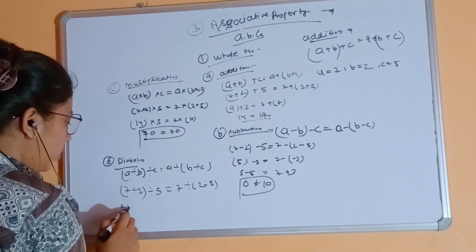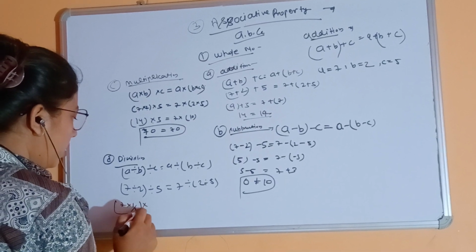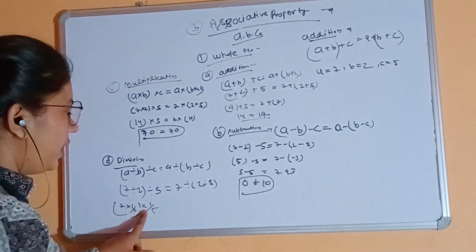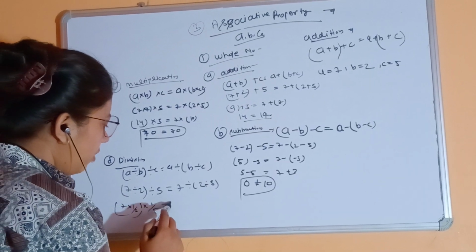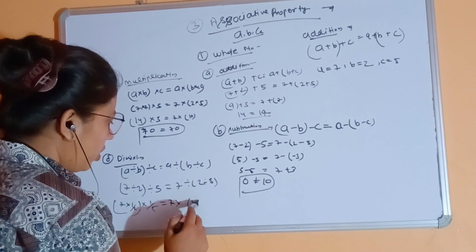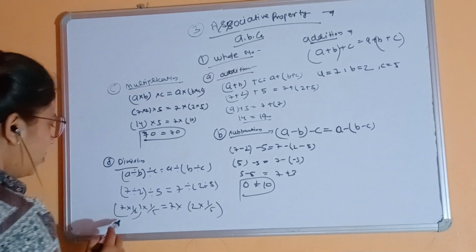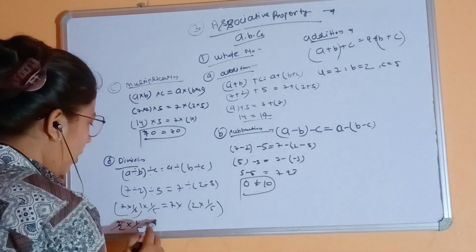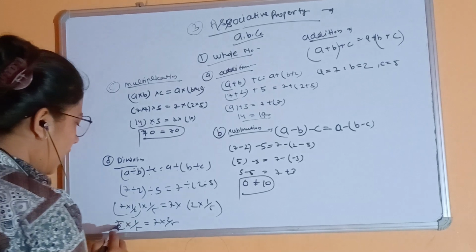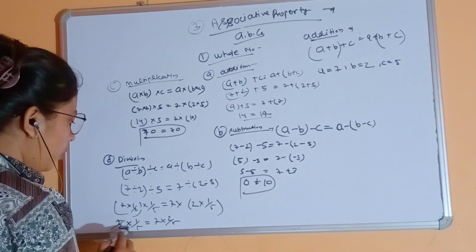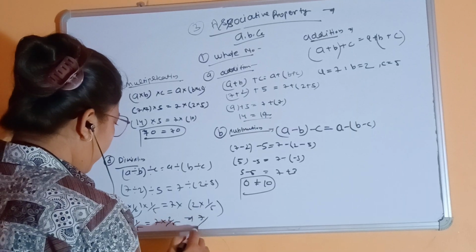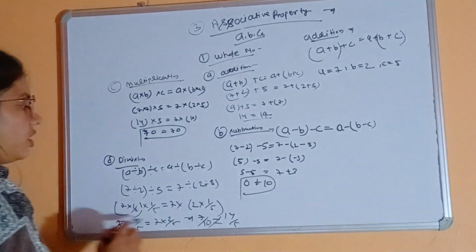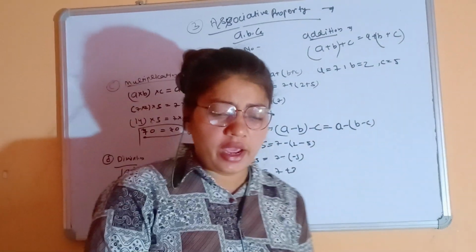Then we know 7 into 1 by 2, 1 by 5. We always solve division by multiplication, by taking the inverse. So 7 by 2 into 1 by 5 is equal to 7 into 2 by 5. Here 7 into 1 is 7, 2 into 5 is 10. That means 7 upon 10. In the other, 7 into 2 is 14 divided by 5. Not equal. Okay, in division not equal. So the division property does not follow the associative property.